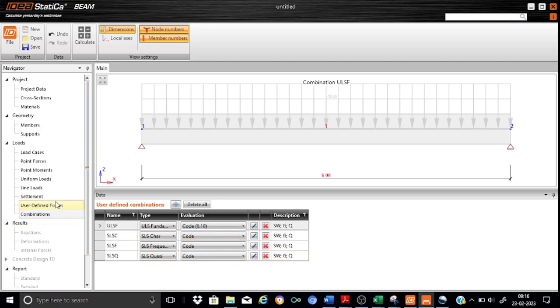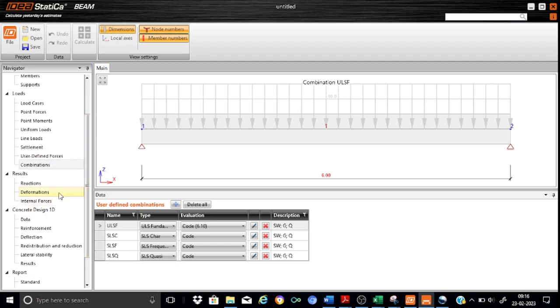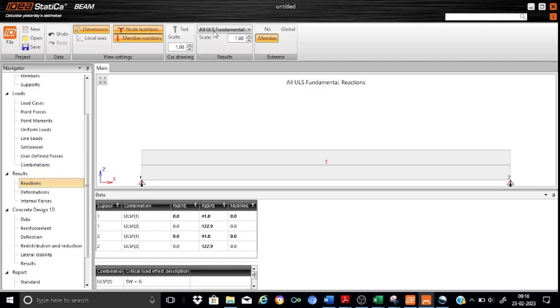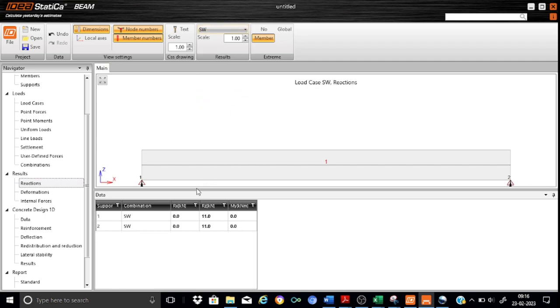Now you find that as we have changed many of the parameters, results are not available to us. So again proceed for the calculations. You'll find that the calculations do not take much time. It's a very simple beam. So you can start now checking the reactions, whether it is acceptable to you. For example, on the top, you can just select the self weight, and see what the reaction is. You'll find that the reaction is